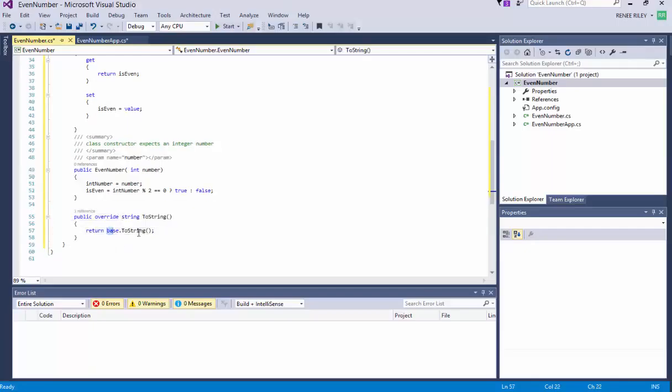And in my toString method, what I want to return is that output that is going to tell my user whether the number was even or odd. So something along the lines of the number space, and then I'm going to add in, remember this is a string parameter, not an output message, so I have to use the plus sign and not a comma here. So I want to return the number plus int number